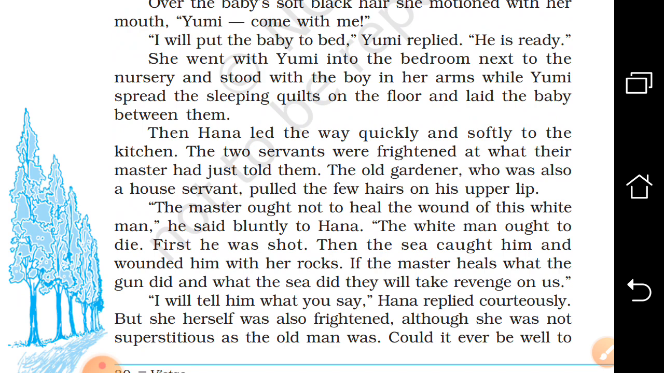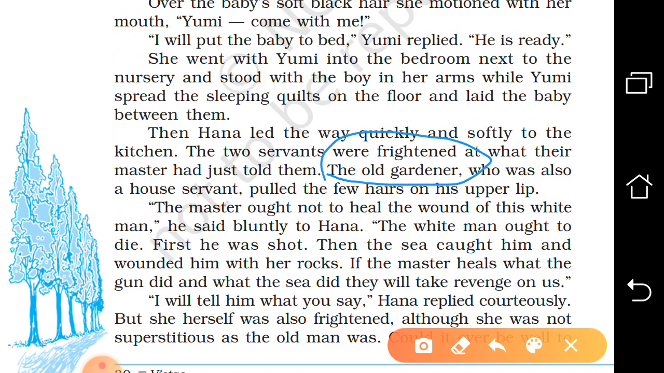The two servants were frightened at what their master had just told them. The old gardener, who was also a house servant, pulled a few hairs on his upper lip. So the other character that we are going to have is the old gardener. Actually, two other servants were there in the family, and Hannah informed them of the matter. But the gardener was very orthodox by nature. He expressed his dissent. I mean, he is not willing that his master should give treatment to that man. The master ought not to heal the wound of this white man. He said bluntly, openly to Hannah,